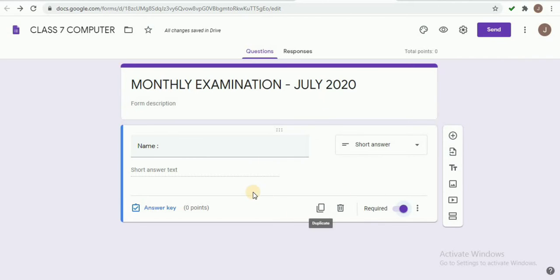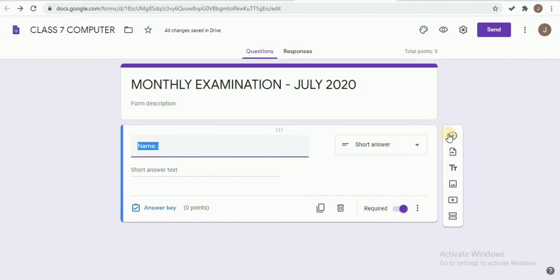For every question paper we have to add name and class as the first questions. No need of adding points to this question. I have entered name and made it short answer. Then select this required button.